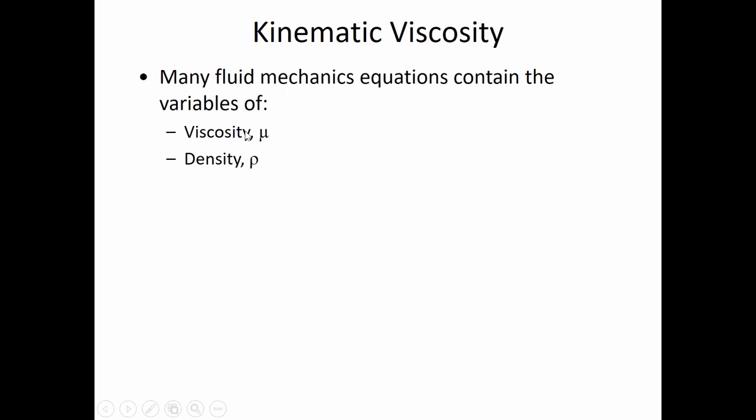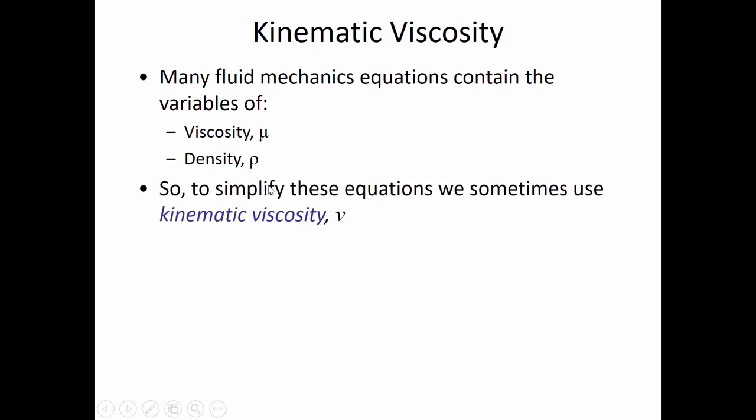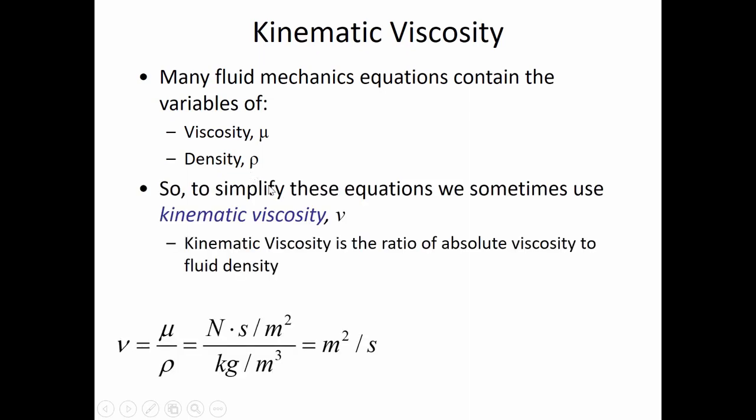them. And those formulas that have both of those variables, we might as well combine them into a single factor, especially because sometimes viscosity is related to density. And so to simplify that, the kinematic viscosity is the absolute viscosity divided by density. So here's the formula for kinematic viscosity, and you can go to the table in the back of the book and look up the kinematic viscosity for water, air, and other fluids at a